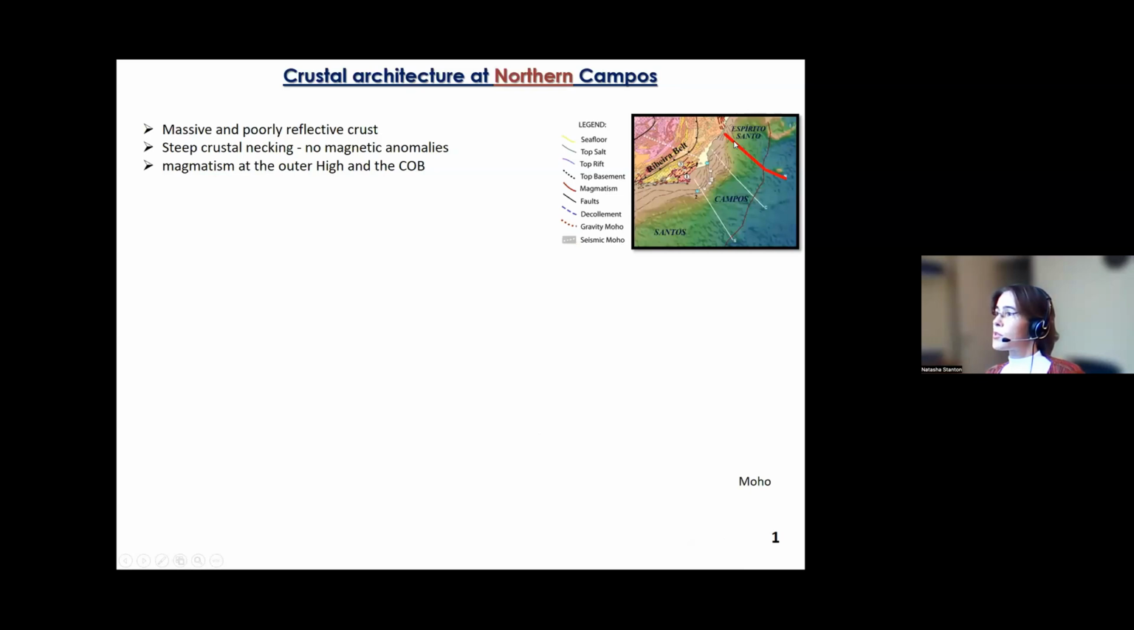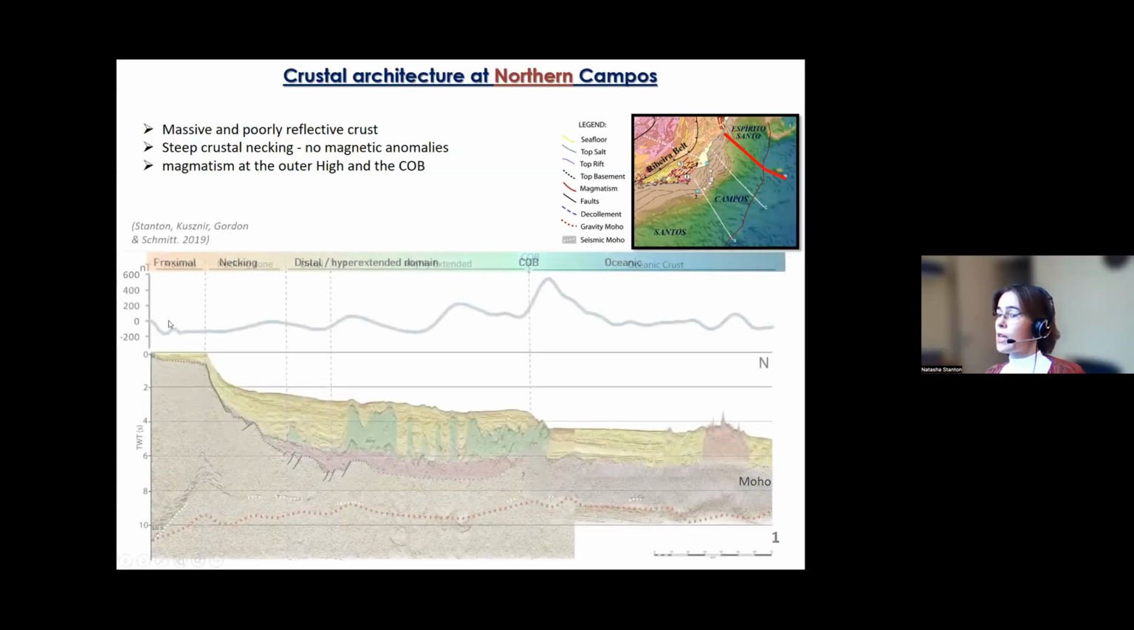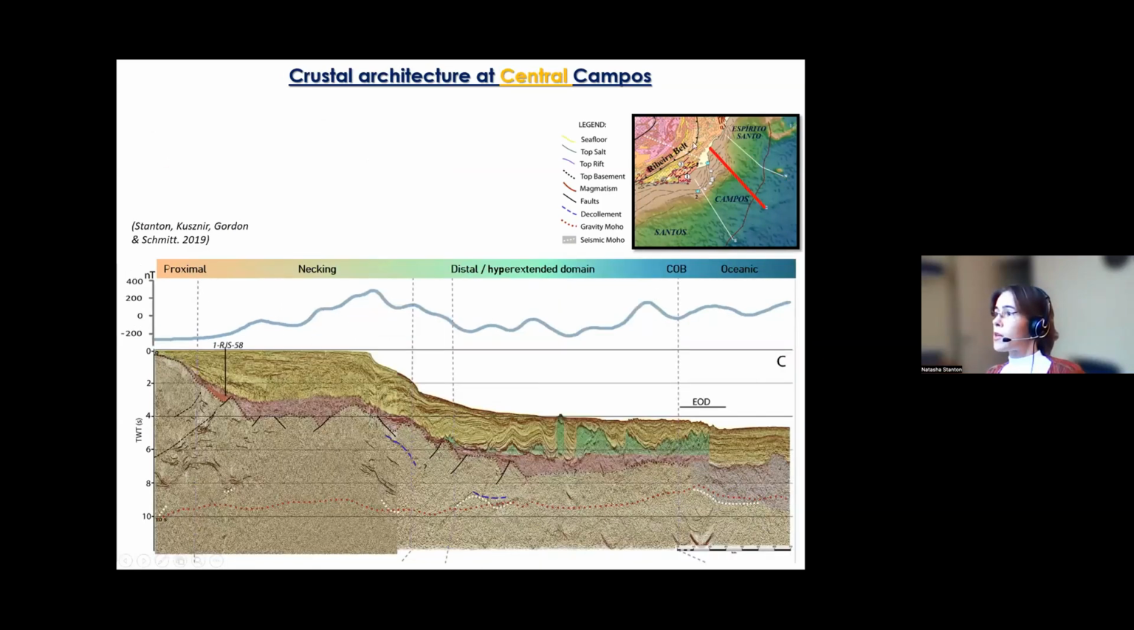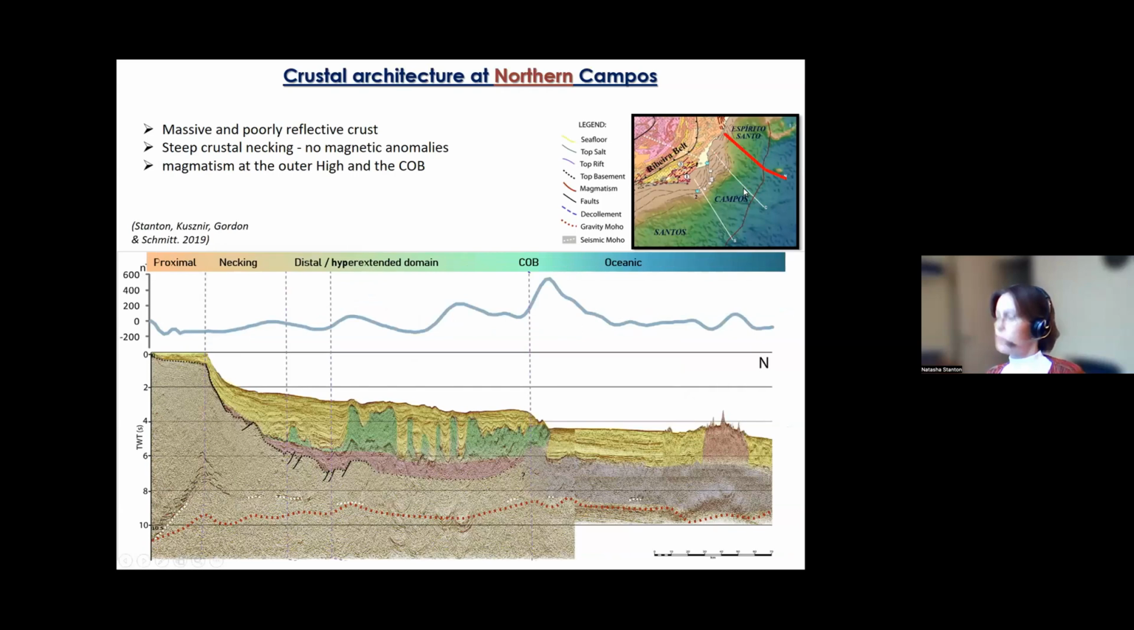I will show you the crustal architecture from north to south. So in the northern part, we see this crustal architecture. The crust has a very semi-transparent reflection pattern, very massive and fully reflective, except for this lower part here. A very steep crustal necking and narrow margin here. At the central part of Campos, we see